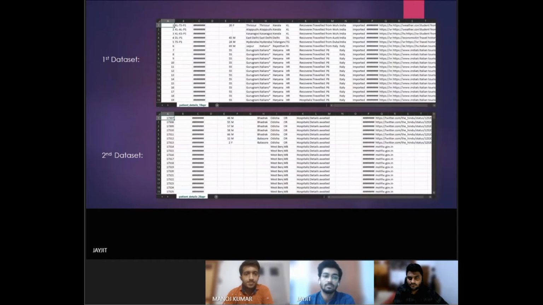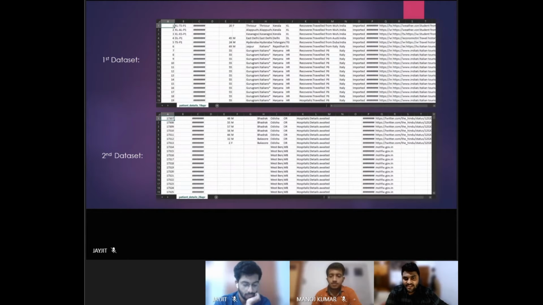Pratik, over to you. Now, we are going to fetch the list of states. We are going to use two data sets. One is the patient details up to 19th April, which is this one, and another is the patient details up to 26th April, which is this one. The data set consists of details regarding the patient number, which state the patient belongs to, the date of announcement of the case, the estimated onset date, the age bracket, gender, detected location, current status, type of transmission, and the sources from which the data is collected. As we just saw, the data set is stored in two CSV files, both of which we have loaded in our HDFS directory. Next slide, please.